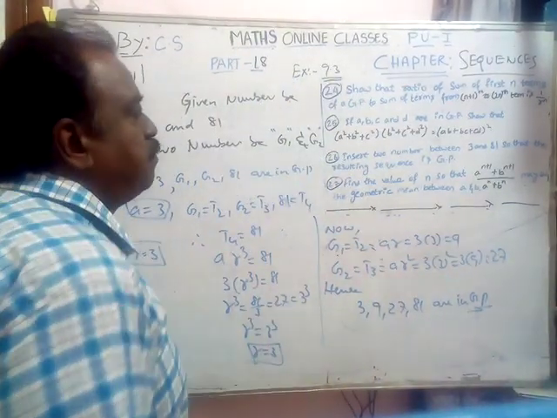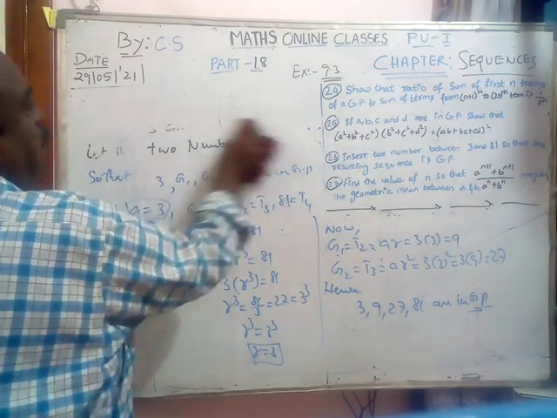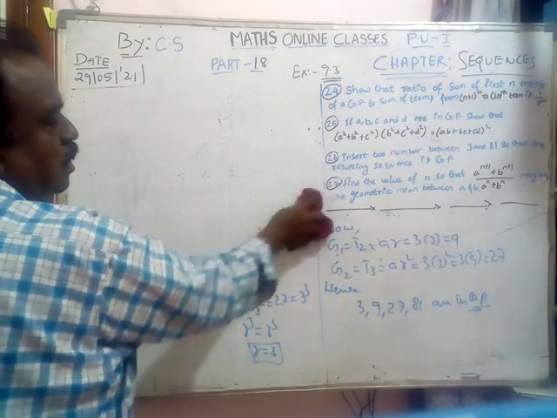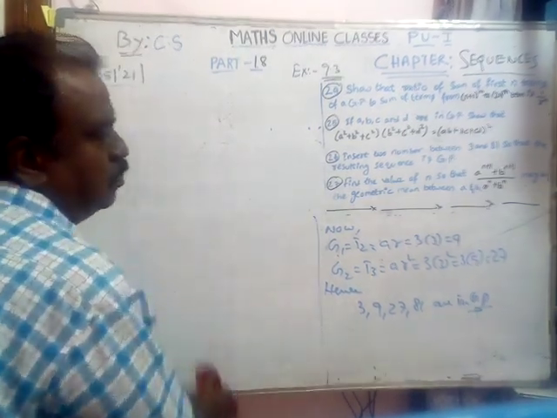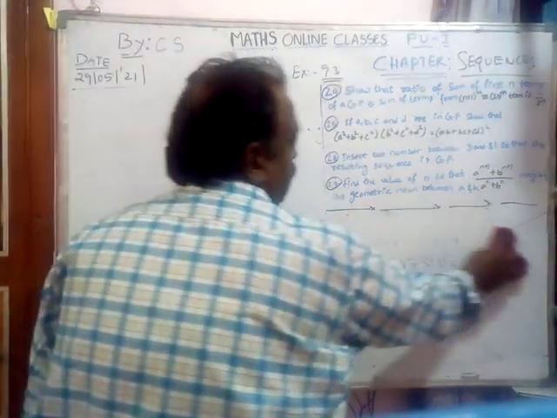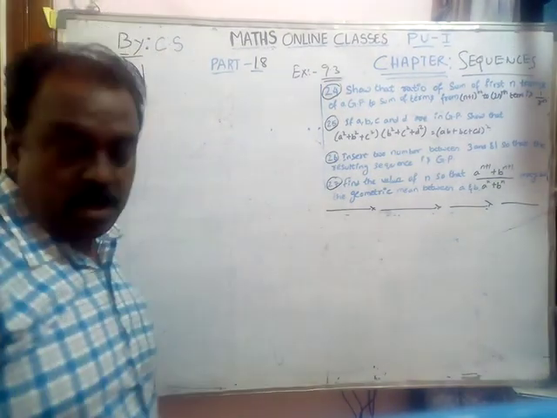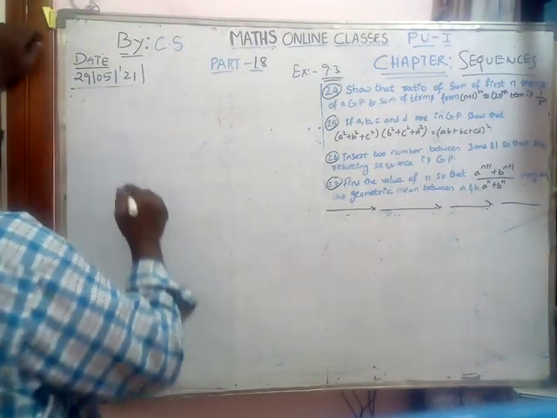Next, the last problem. Find the value of n such that (a power n plus 1 plus b power n plus 1) by (a power n plus b power n) may be the geometric mean between a and b. It also says